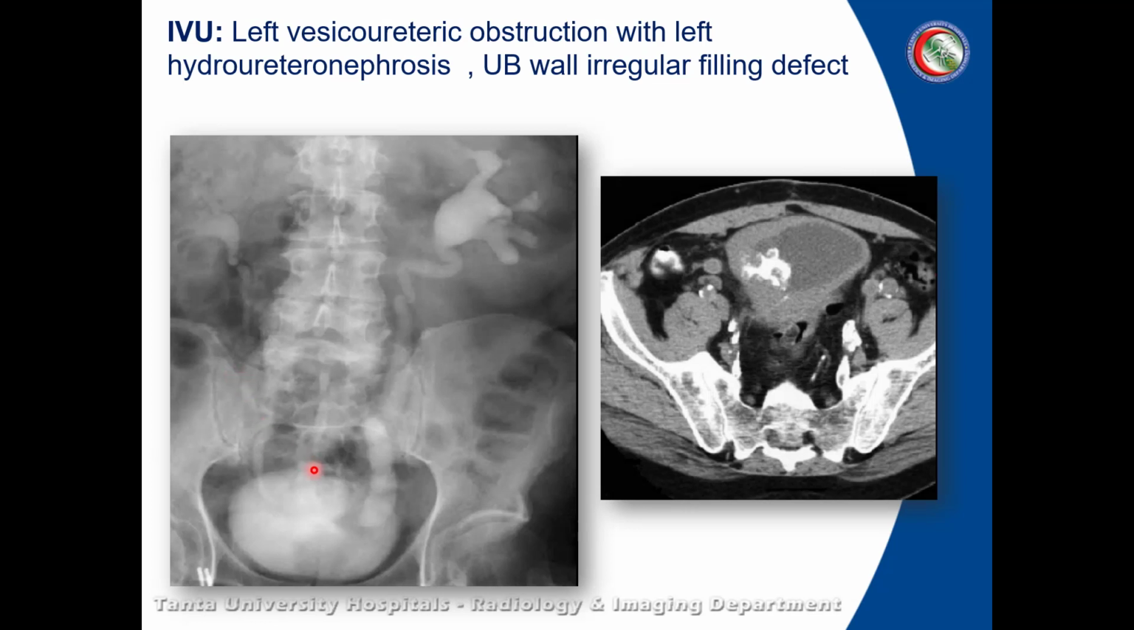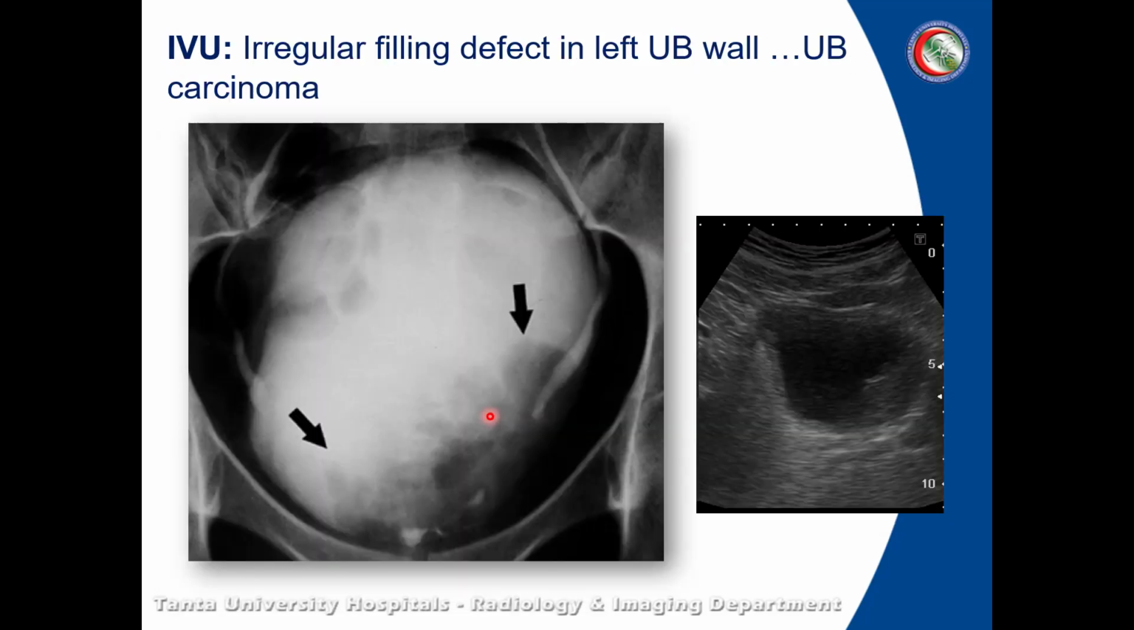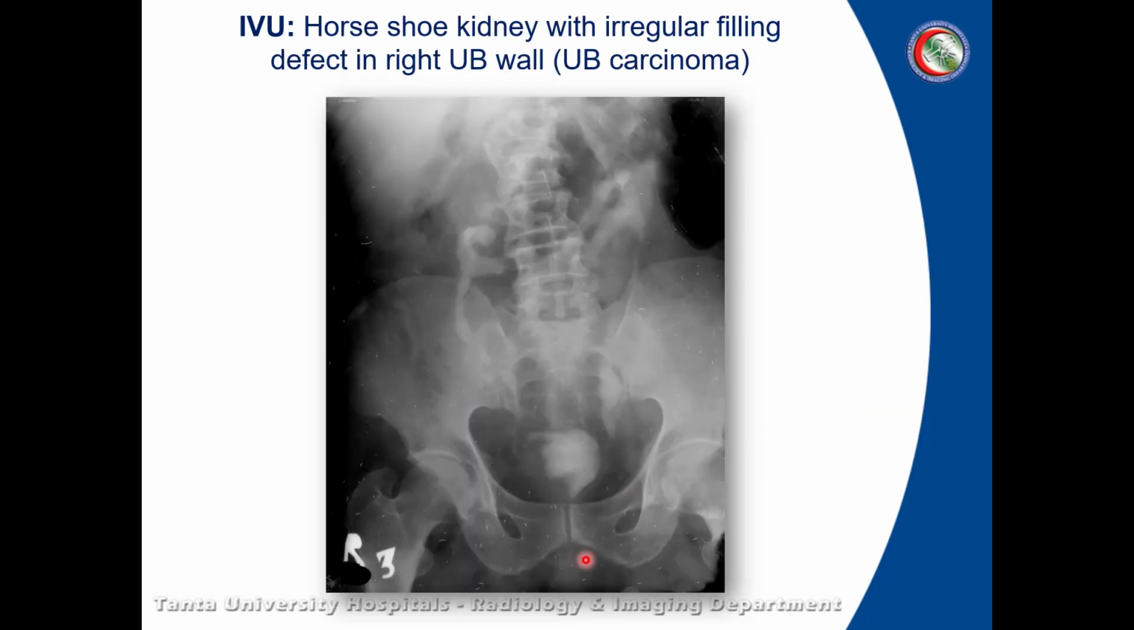IVU showing left vesico-ureteric obstruction with irregular filling defect in the urinary bladder with left hydroureteronephrosis, IVU showing irregular shaped filling defect in the left wall of the urinary bladder, mostly urinary bladder carcinoma, and ultrasound picture of the same case, IVU showing irregular filling defect in the right lateral wall of the urinary bladder, mostly urinary bladder carcinoma, with also horseshoe kidney,